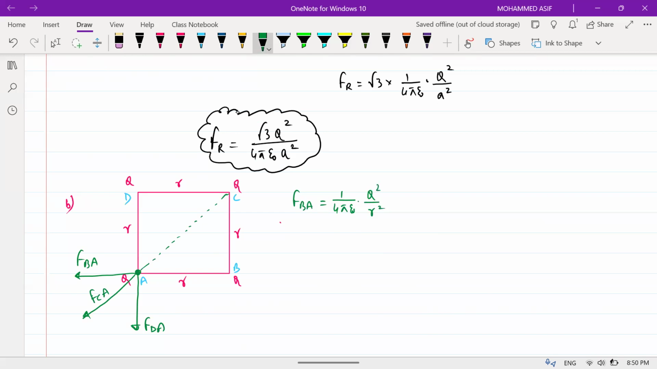Very good. The force exerted by D on A will be equal to how much? Again, 1 by 4 pi epsilon naught into Q square divided by R square. Both of them are the same, so I'm taking that as F. Then the force exerted by C on A will be equal to 1 by 4 pi epsilon naught into Q square divided by